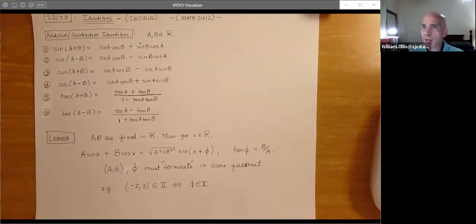So again, when we work with points in the plane and we think of our reference triangle, we say, okay, well, in the third quadrant, the cosine and the sine are both negative. So we would have to say our cosine would be less than 0 and our sine would be less than 0. But then, of course, the ratio of sine to cosine would be positive. So again, this is the same mechanism at work.